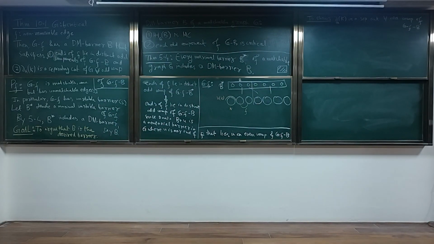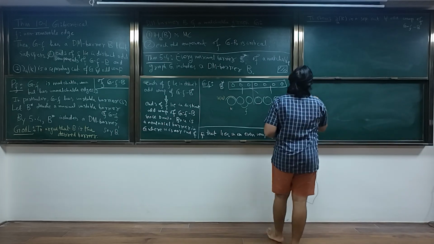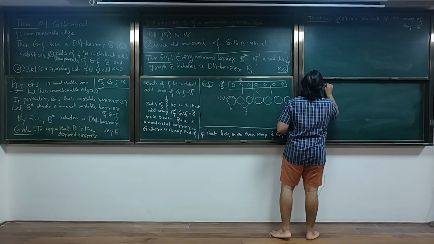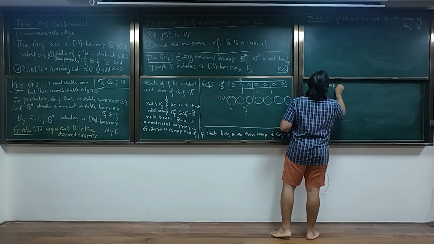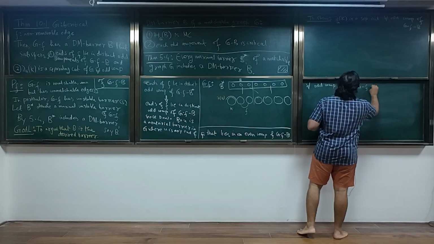The easier contraction is the one where you shrink the complement. So if you shrink the complement of the vertex set of K, then to show that it is matching covered is actually not too difficult. Let's do that first. So what we'll first do is, for each odd component K of G minus F minus B,